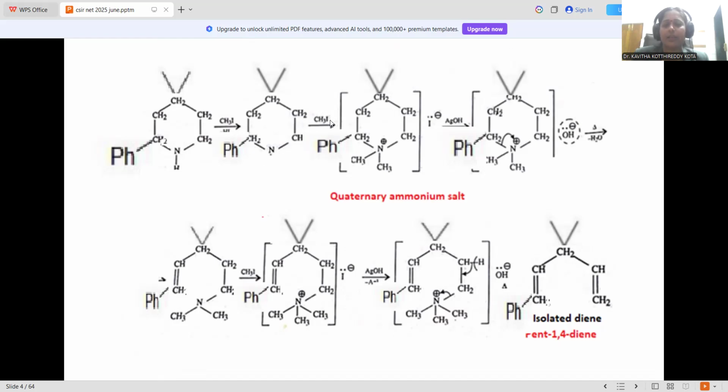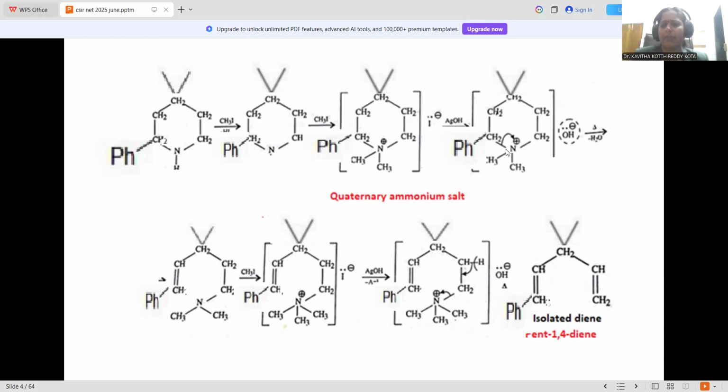Further methylation takes place, since 2 equivalents are required, being a secondary amine. That's the reason why the N,N-dimethyl derivative is generated, which is designated as a quaternary ammonium salt. Whichever is generated here is called a quaternary ammonium salt. The quaternary ammonium salt is supposed to be treated with silver hydroxide. Here the Hofmann exhaustive methylation takes place,